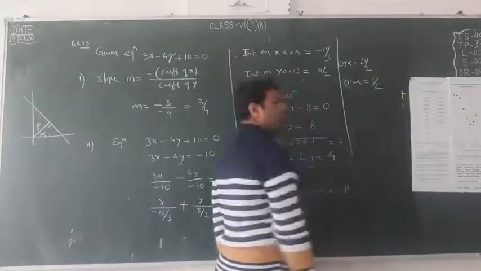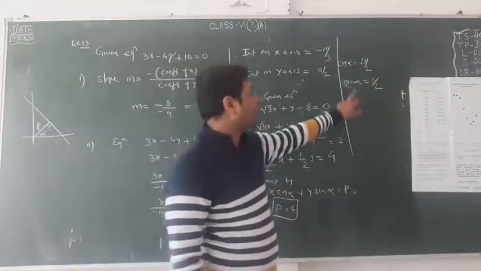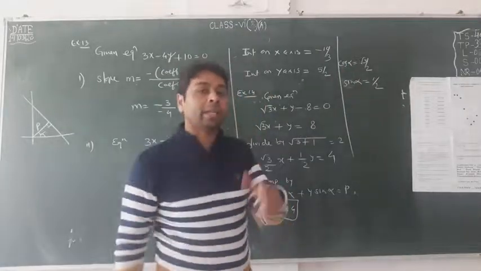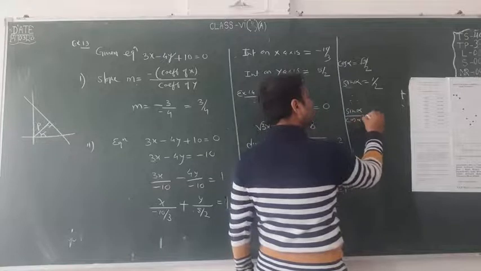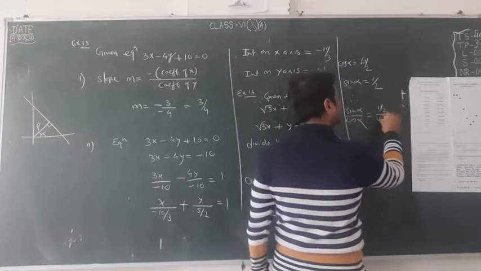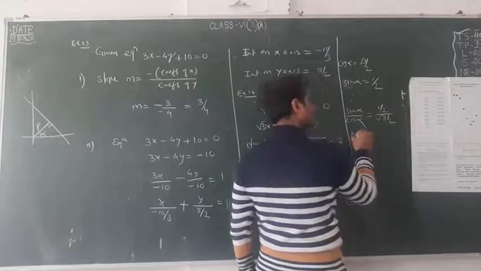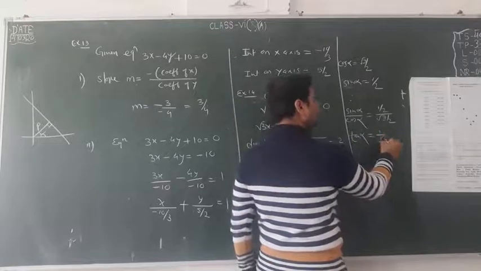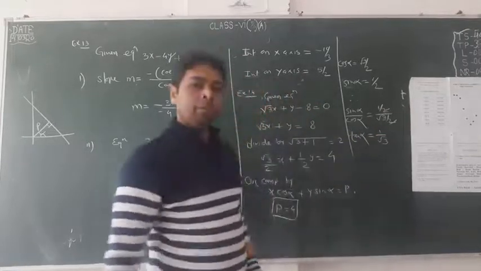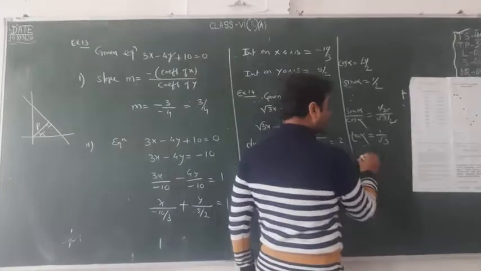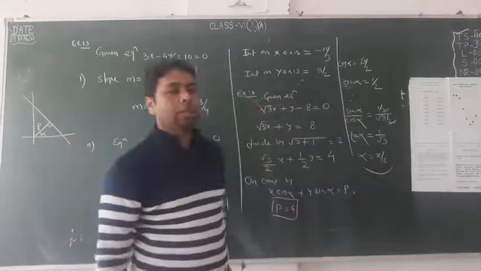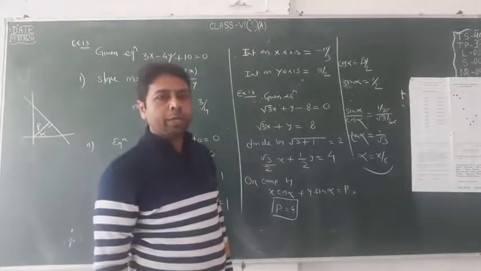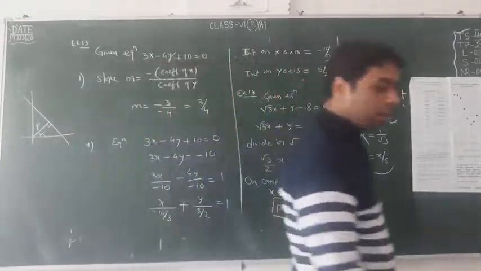I taught you yesterday how we can find alpha. We divide sin alpha by cos alpha and we will find tan alpha. Sin alpha upon cos alpha is 1 by 2 upon root 3 by 2. So your answer is tan alpha equals 1 by root 3. And you know that tan alpha equal to 1 by root 3 gives alpha equal to 30 degrees, which is pi by 6. This is the answer. Hope you are getting it. Nothing hard but interesting it is.